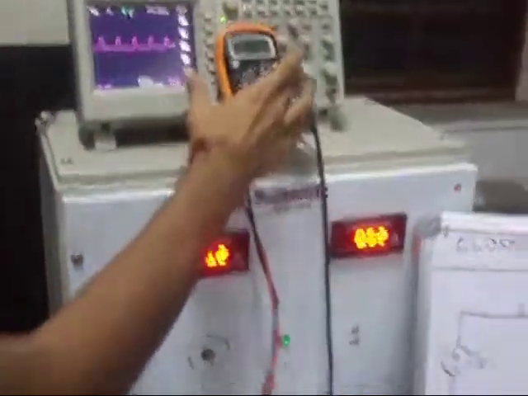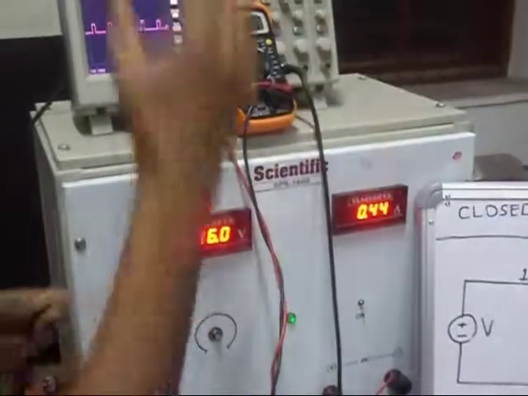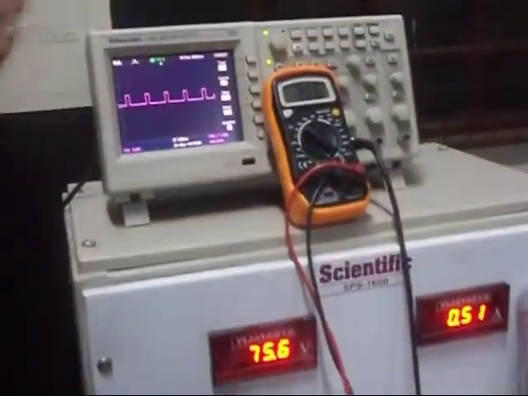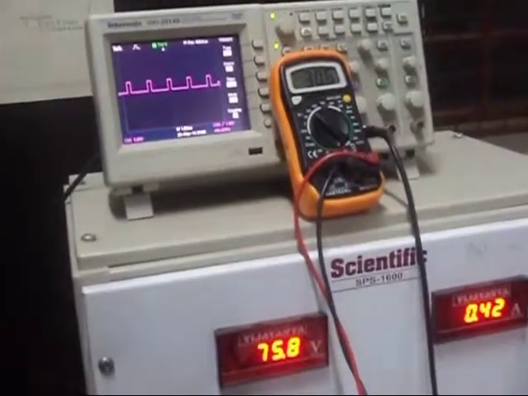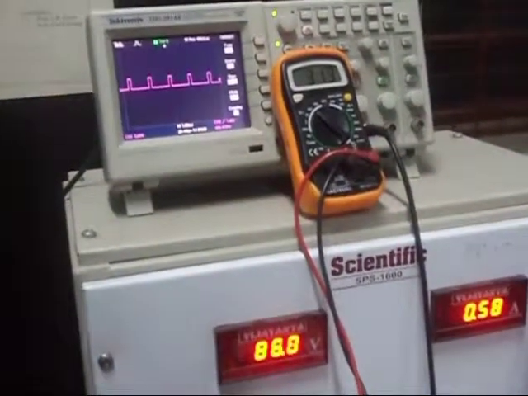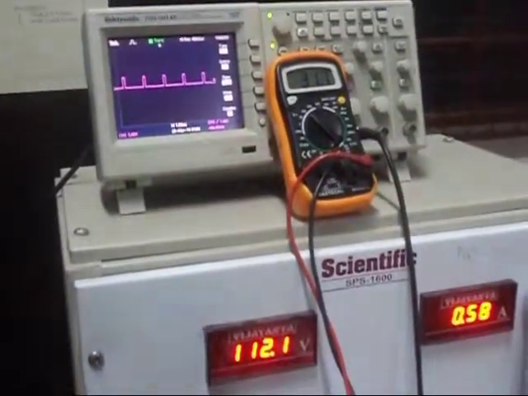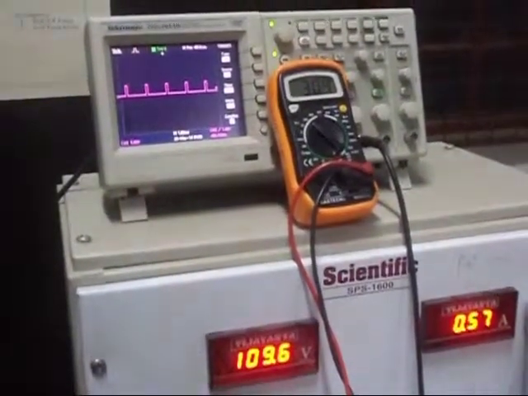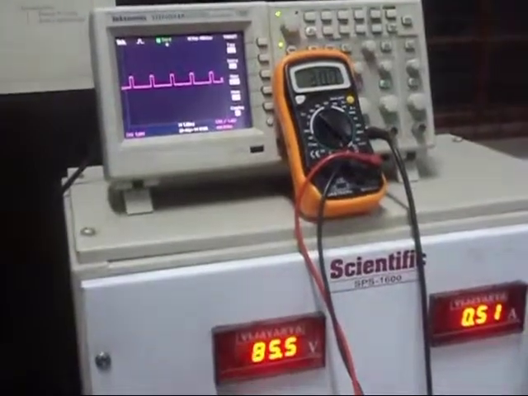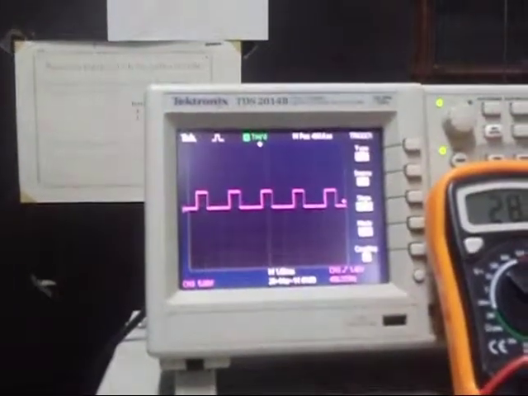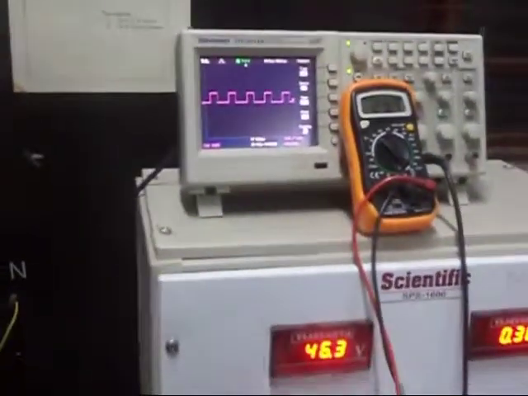You would see that the output voltage remains constant at 30 volt while I change the input voltage, and you can observe the change in the pulse width. Say for example I am again increasing the voltage, you can see the pulse width becomes narrower and narrower, right? And now let me decrease the voltage, and you will gradually see the pulse width increasing. That is obvious and in turn logical.